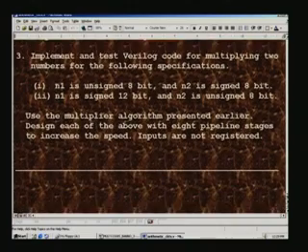Similarly, we will have a multiplier, and that is the exercise, which once again is mandatory for you, because we are going to use these register multipliers in our DCTQ algorithm, which I am not going to explain. The problem is exactly like the multiplier that we have considered in this lecture. Implement and test Verilog code for multiplying two numbers for the following specifications. N1 is unsigned 8 bit and N2 is signed 8 bit, and N1 is signed 12 bit and N2 is unsigned 8 bit. This is a separate multiplier from the first, so you need to do two independent multipliers.